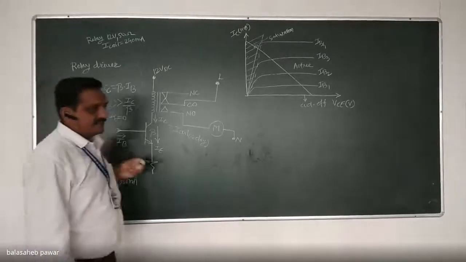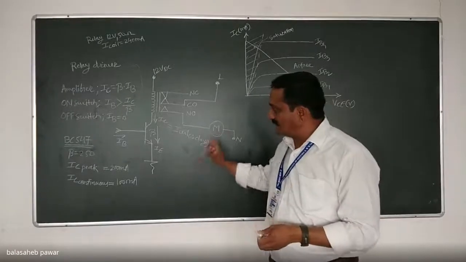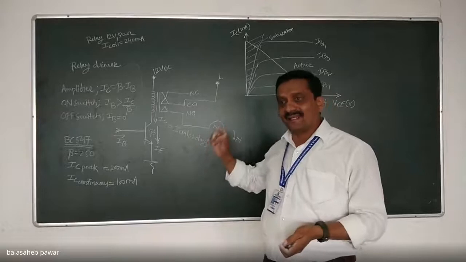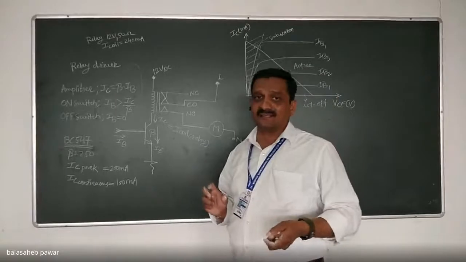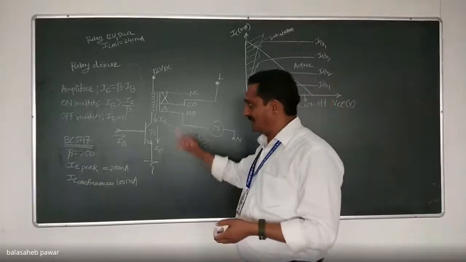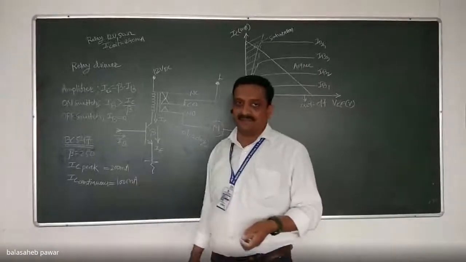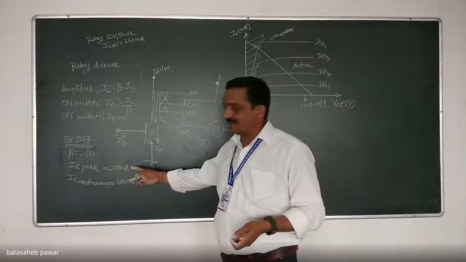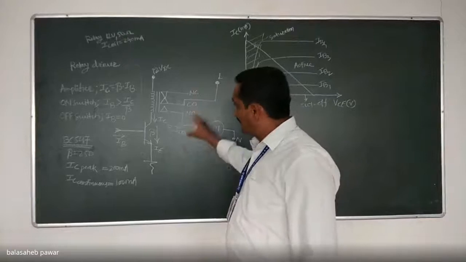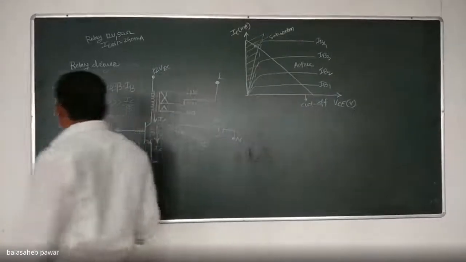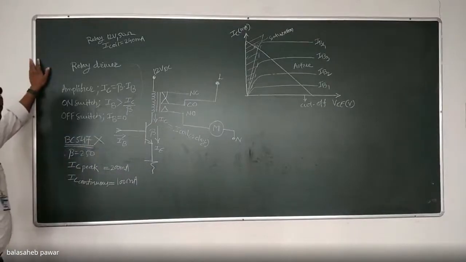Okay. So this BC547 transistor, if it is operated continuously, how much continuous output current can it handle? That is 100 milliamperes. And if it is used for a time varying signal, that means for any AC signal, then the peak current value it can sustain is up to 200 milliamperes. So these two values are from the data sheet of this BC547 transistor. So see, as per our requirement, we can say we can't use this BC547. Am I right?